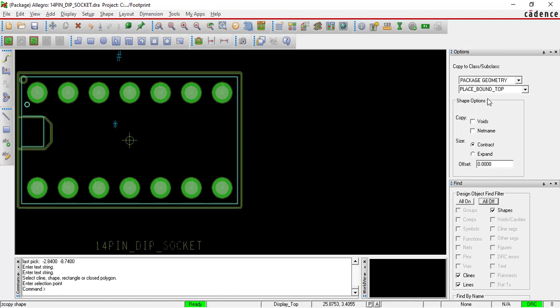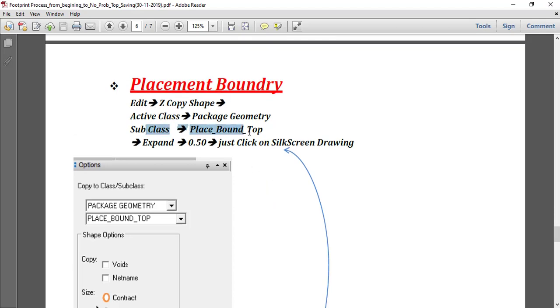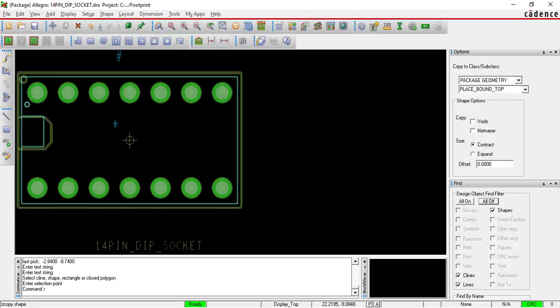See, place bound top we have taken, and what we have to do, see here, subclass place bound top, and expand, we have to do expand, and we have to write 0.5 mm. Okay, so we have to click on expand, click here, right here, 0.50 mm.